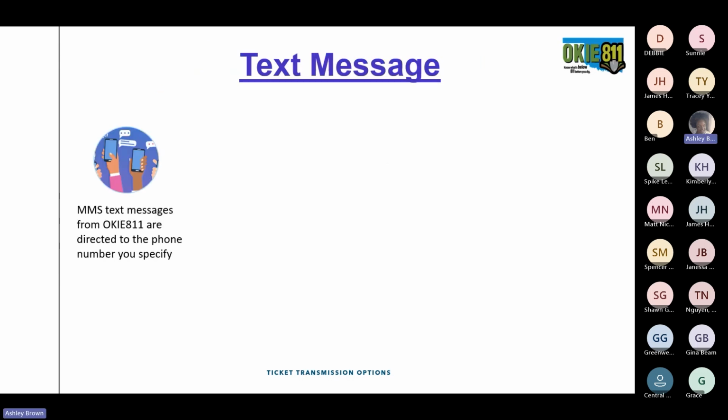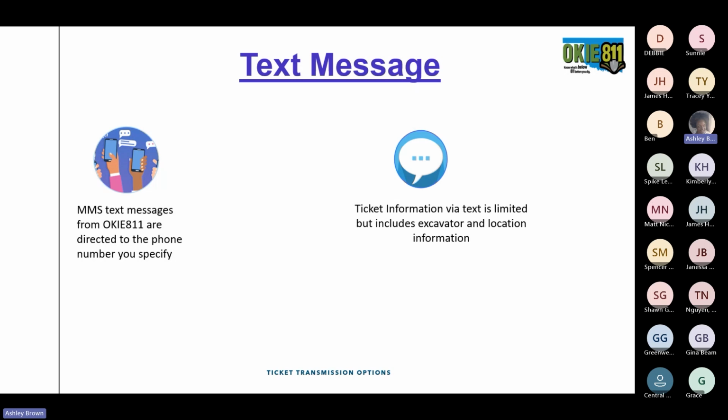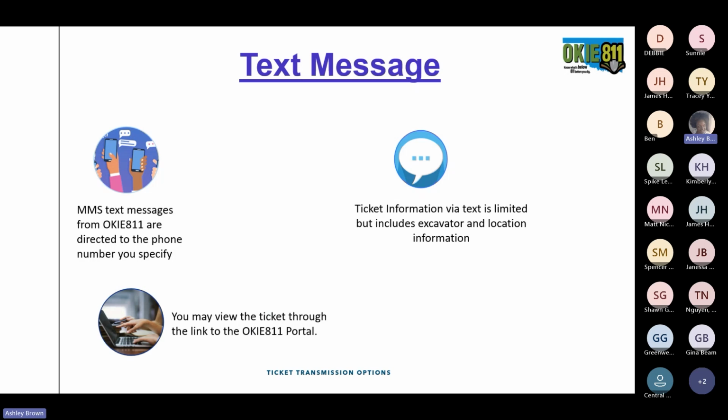Now, the next transmission option that we have is text message, and it is just like it sounds. It is a text message. An MMS text message from Oki 811 will be sent to the phone number that you specify. This information is limited, but it does include the ticket number, the ticket type, the contact name, phone number, work site, address, and county. The text will also contain a link to the Oki 811 portal where you can easily